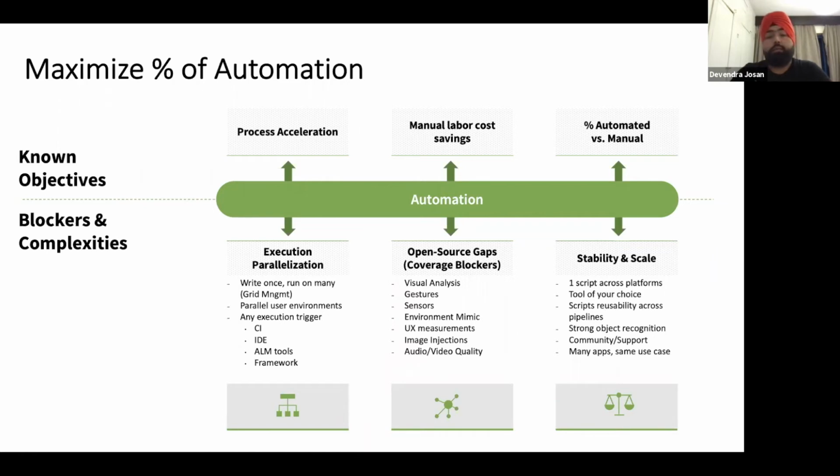like Appium or Espresso, XCUITest, Robotium. Lot of tools are there, whether it is Calabash, even Katalon is also there. So all those open source tools are having few downsides as well. So you need to think about how you will be testing the UX, how you will be testing the image injection in your application, how you will be testing the audio or video quality of streaming in